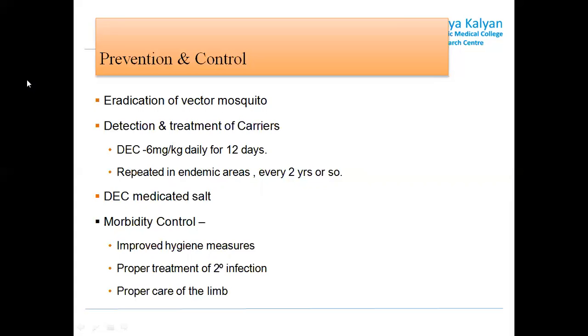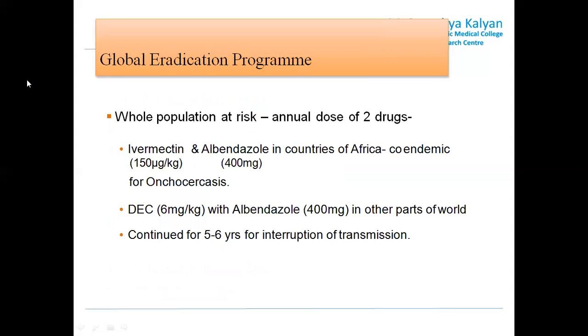Morbidity control is very important because this leads to a great level of disability and deformity in different parts of the body. And if the person has undergone changes, with an increase in the size of any extremity, then that should be taken care of properly. They should be taught cleaning habits, so that secondary infections or secondary complications will not cause amputation of that particular leg or any limb.